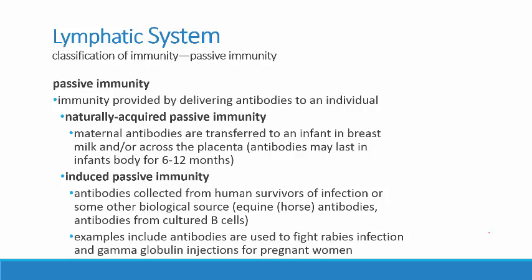The first is naturally acquired passive immunity, and this is when maternal antibodies are transferred to an infant. It can be in breast milk. The first couple of days of breast milk is not really milk at all, but it's a fluid called colostrum that is very rich in antibodies, and those are transferred directly to the child, and rather than digested,